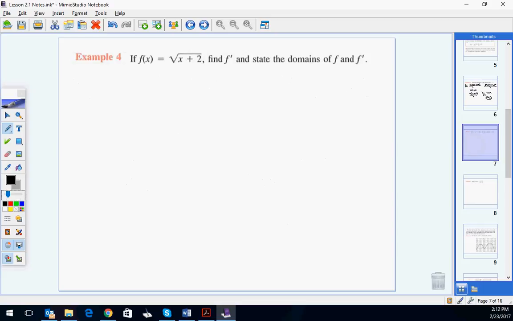Okay, how about this one? Find the derivative of that one. It's a little uglier. Okay, radicals. You will have a couple of those in your test tomorrow, so make sure you're ready. Okay, so let's see what that looks like here. So that means we're going to have